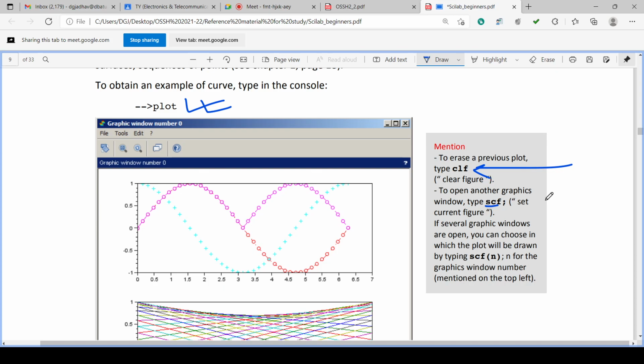So we can select the graphics window also with scf. Whatever the current figure is, in that current figure the plot will be executed and the graph will be drawn.